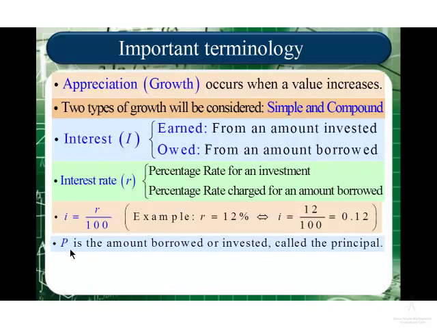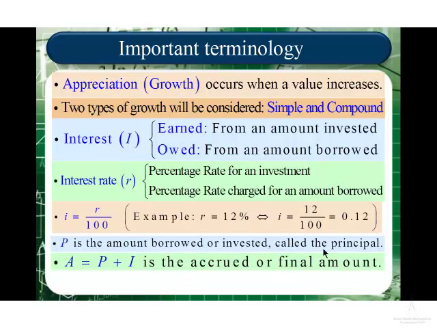Now, capital P normally denotes the amount borrowed or invested, it doesn't matter, but it's referred to as the principal or the principal amount in the formula that will follow. Also, capital A normally denotes the final amount, or it is referred to as the accrued amount. If one invests the principal amount, the initial amount, then obviously we earn interest over time, and together they will form the final or accrued amount. And this is then the notation that is used to indicate this particular amount right at the end, for example,